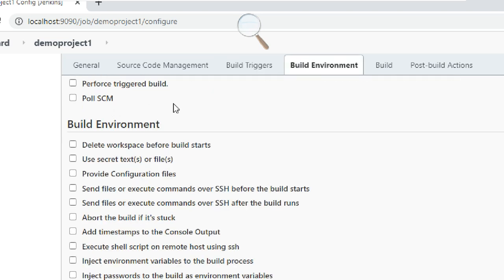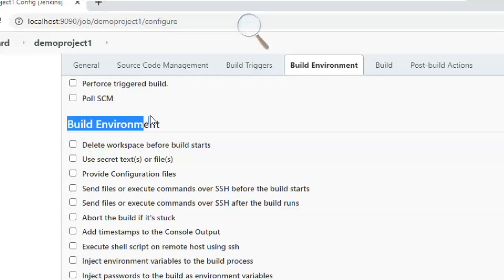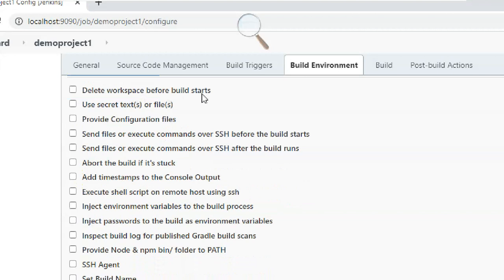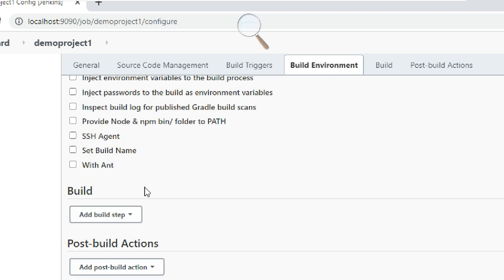Poll SCM. If you are in the software part, then you will understand more. Build environments: delete workspace before build starts, provide configuration file, add timestamps to the console output, build with Ant, like this.